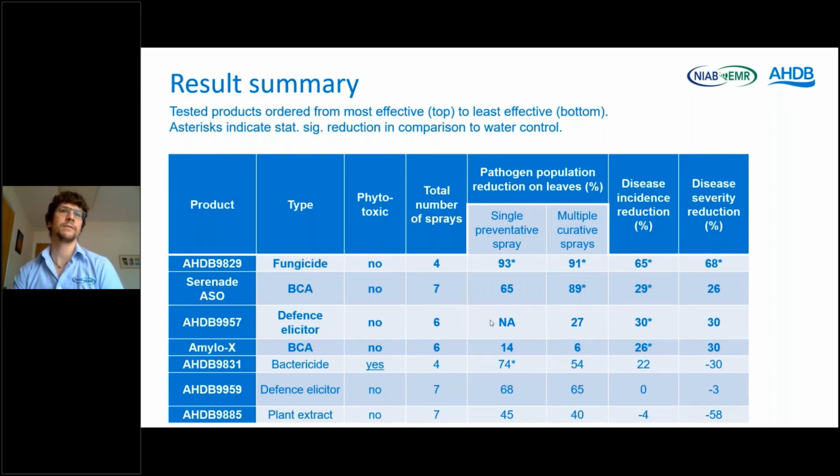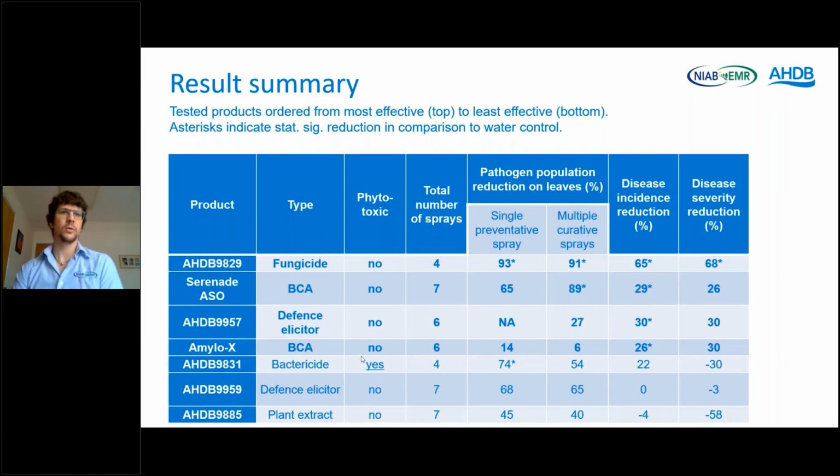You have one defense elicitor that didn't do much for the pathogen population, but it did decrease disease incidence, so there were fewer buds that died off, which could be used together with the BCA. And then you have the other biocontrol, the Milo-X, that did pretty much the same as the elicitor, and the rest weren't very successful, apart from this one here, which was very good at a single spray, but unfortunately this is